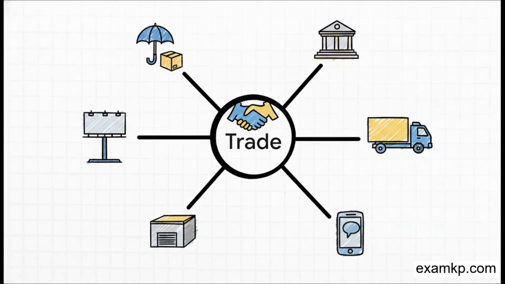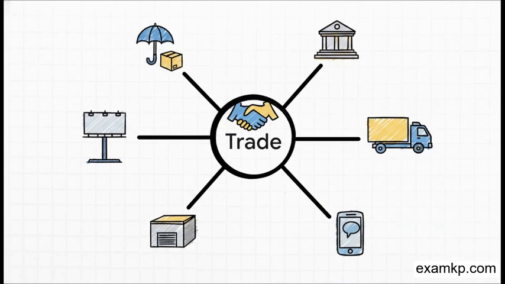We're talking about banking, like GT Bank, providing the money and payment systems for transactions. We have insurance, which protects goods against risks like fire or theft. Transportation, like all those trucks you see on the Lagos-Ibadan Expressway, physically moving the goods. Warehousing gives a place to store goods safely, like silos for grains.